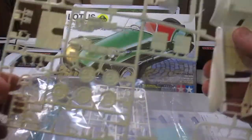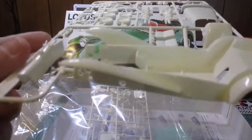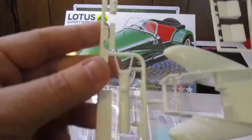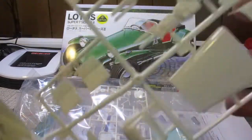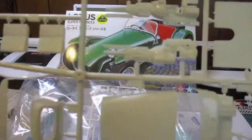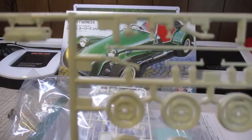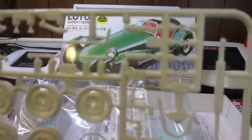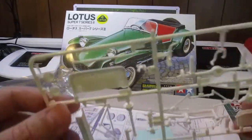Alright, here's the first sprue. Here's the chassis. There's the motor hub. Engine, wheels, steering wheel. Exhaust, and the last sprue, it's right here,